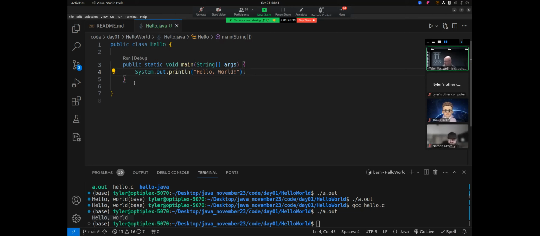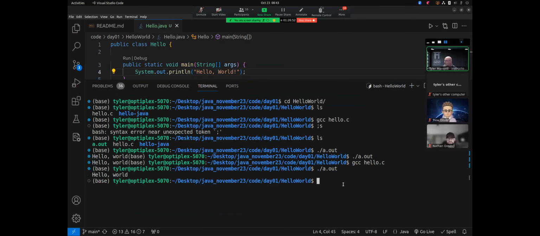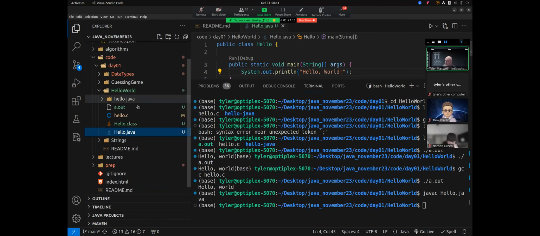Now, Java, like C, is a compiled language. So we have to compile this code into bytecode, into something that the computer understands. In order to compile this, I need to do something like what I did with the C file. So in Java, it's going to be javac and then the name of the file. javac stands for compiler. So if I hit enter, no news is good news. If I look at my file structure, I have the hello.class. That's the equivalent of my a.out in C.